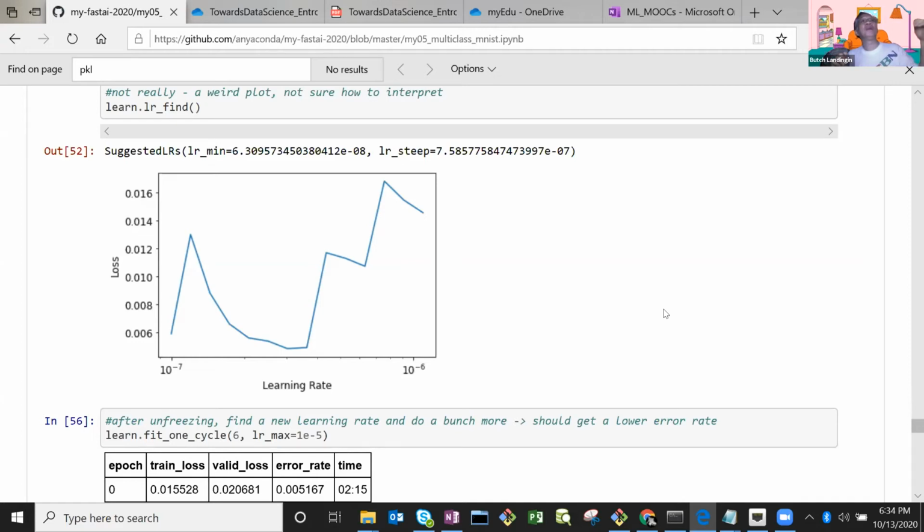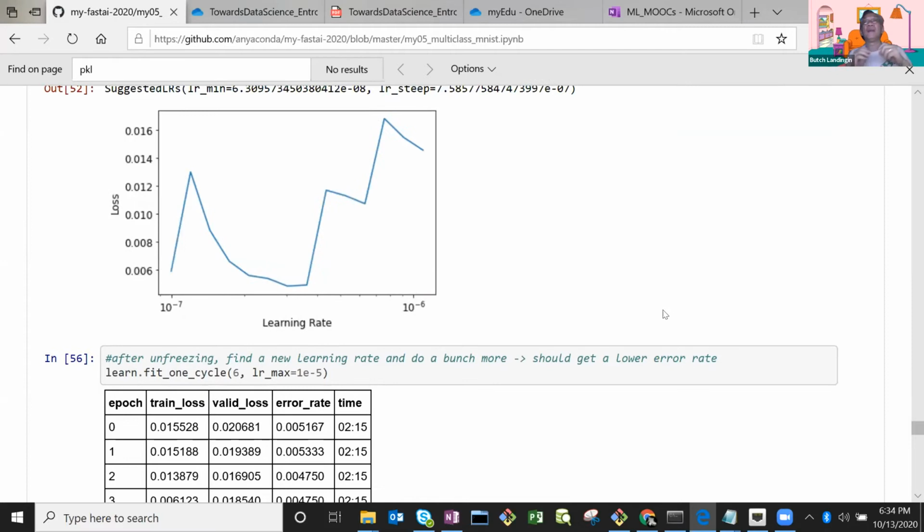So you'll notice that in this case, if I train at something like 2 times 10 to the minus 7, or even something like 0.5 times 10 to the minus 7, something like that, that's what I would try: find the steepest part, and that's the one that I would use. And that's for the low part,